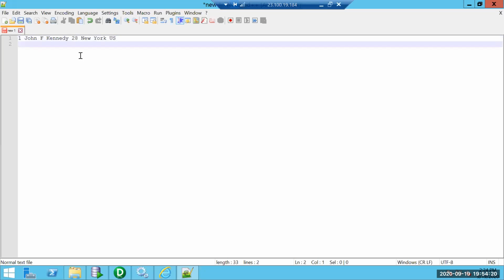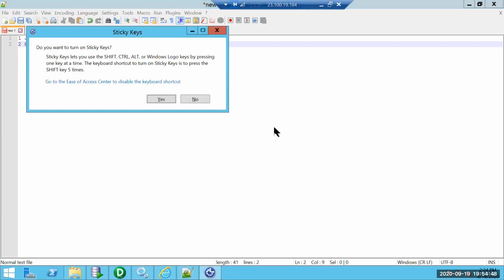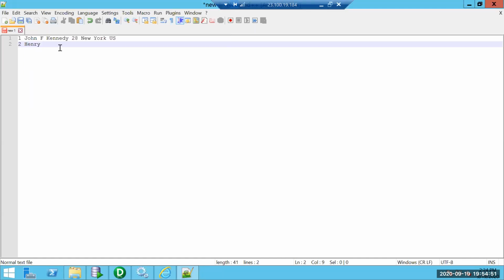The same thing for the second employee ID. Since it is 2 characters, I need to leave an extra space, followed by the name of the employee. I'll pick a name like Henry M. Then I'll give trailing spaces until the age.